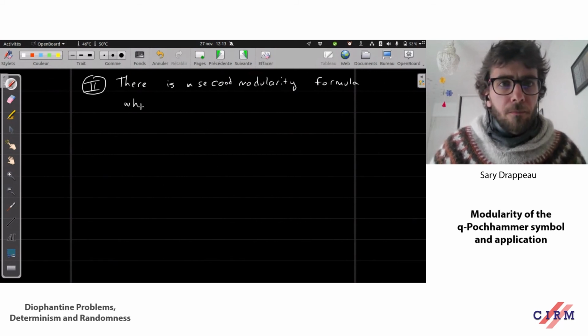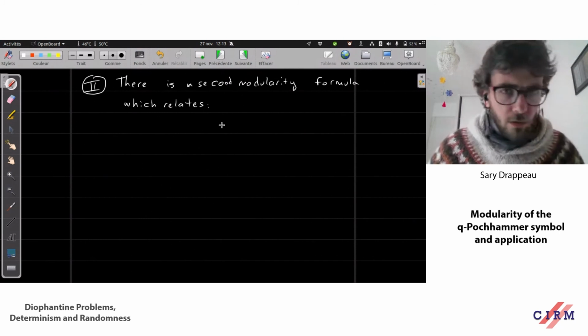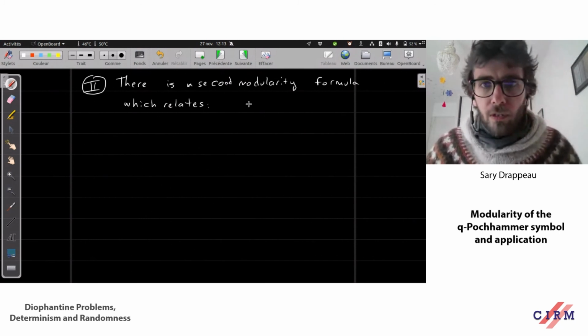Which relates. Now it's a bit more complicated. There is another layer of complication coming from the fact that it doesn't relate x with gamma x or 1 over x. It's going to relate the